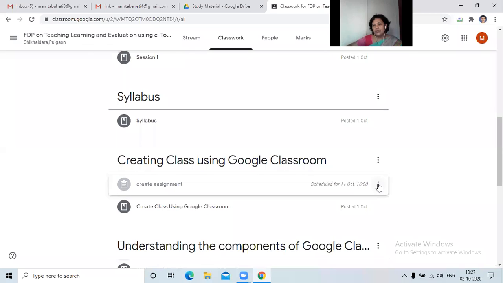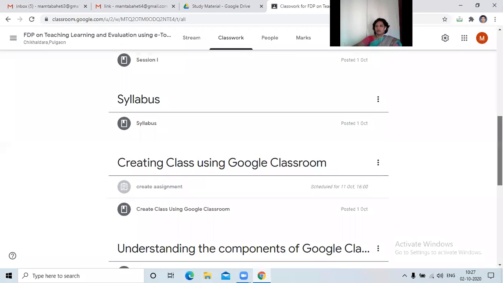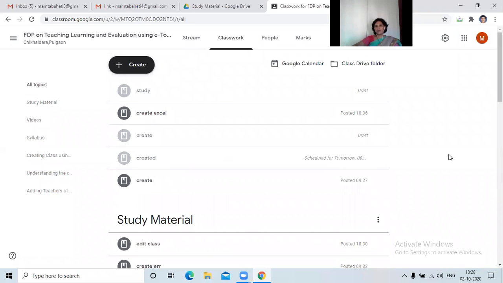It is not posted, so on your end, you will not see it. But from my end, my work is over. By default, you will get it on 11th October, and by default, up to 14th October, the link will be open. If you submit beyond that, at my end I'll get a late submission remark, so that it would be easy for me to track which student has submitted at what time and whether that particular student was doing the things in time. So likewise, we can assess it and give the marks.